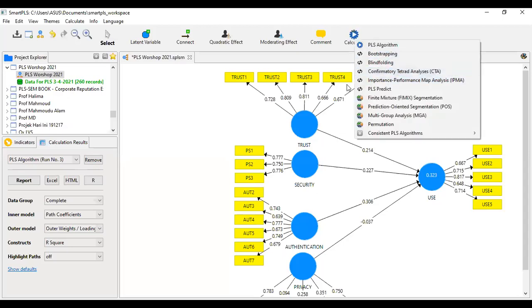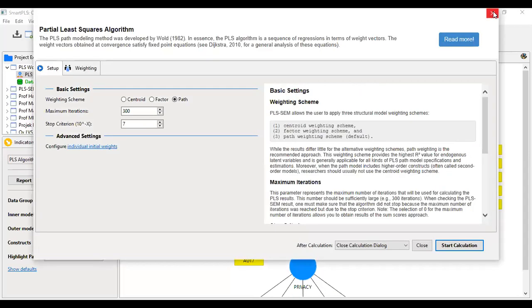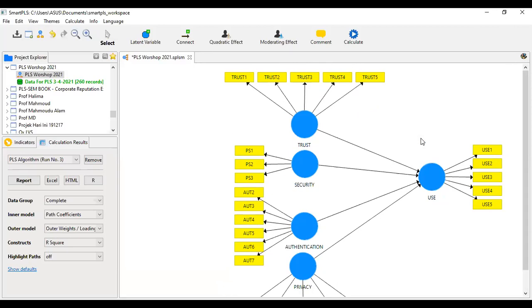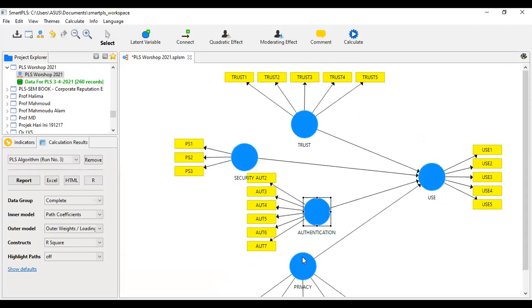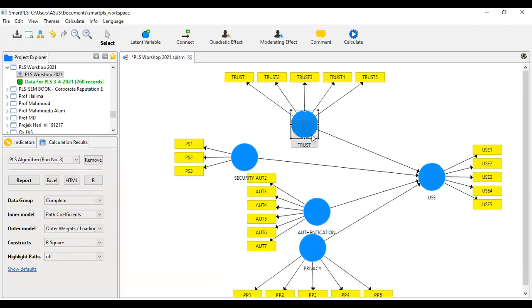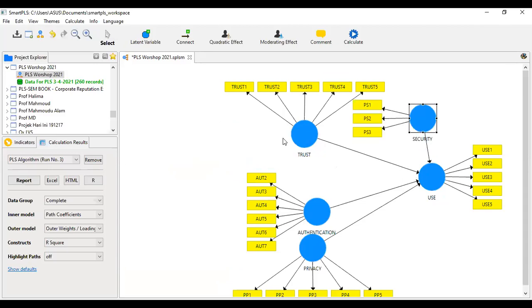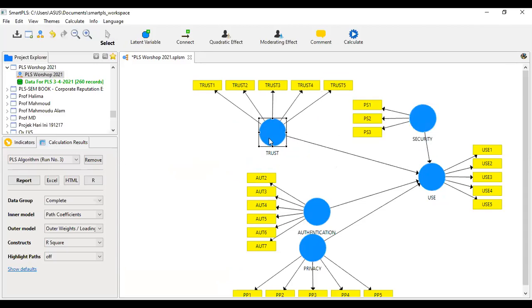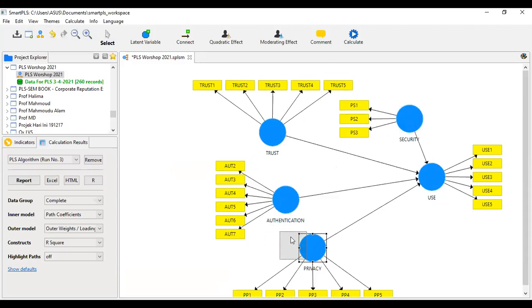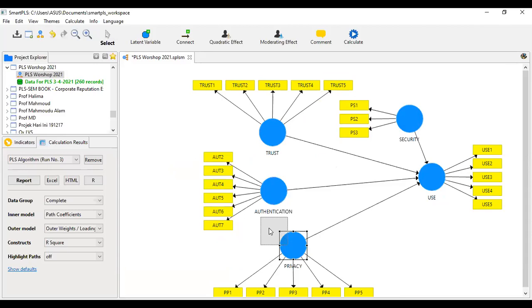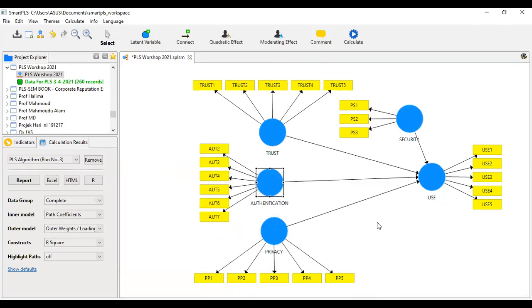Okay, so this is the model we've already created. Please, let me bring it up so that we can see it. You can put it anywhere you want. It doesn't matter. What matters most is the arrow. All right, so now we want to know